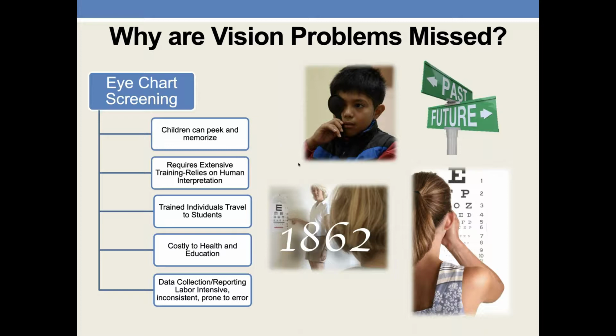As a point of interest, the eye chart was invented in 1862, so we're talking about well over 150 years ago. And in fact, eye charts have been in use in schools since 1899. So the eye chart's not a cutting-edge technology. Having said all that,